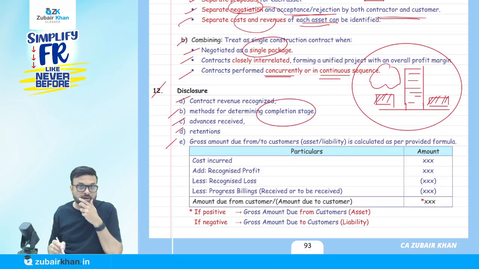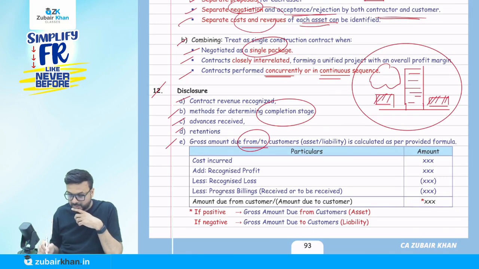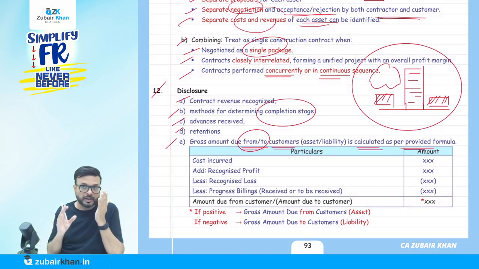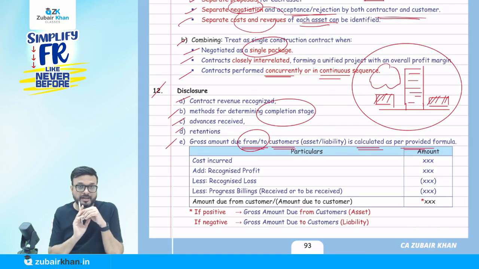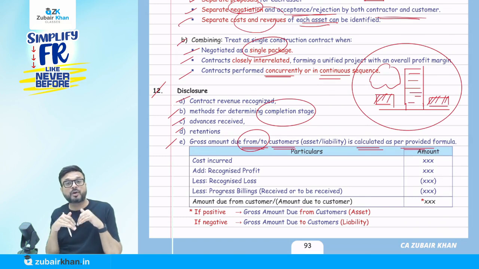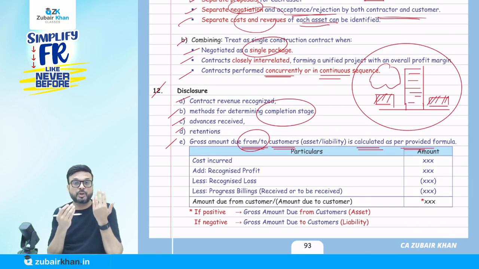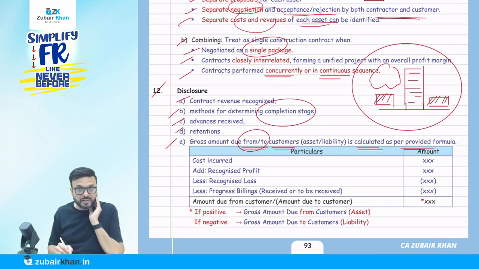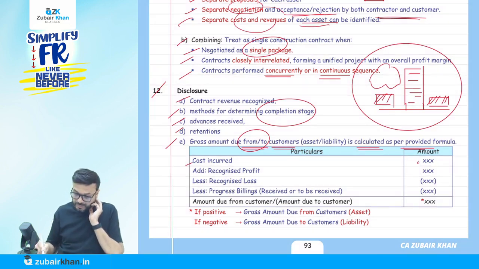They may ask you the gross amount due from or to customer. It is calculated as per the provided formula. Now understand due from or due to. You have to keep these formulas in mind, as they ask this point E especially: how much is the gross amount due from or due to customer. If it is due from, it's an asset; if due to, then it's a liability. So first write how much cost you have incurred till date, how much profit you have recognized, and if you have any loss recognized, deduct the loss, and minus